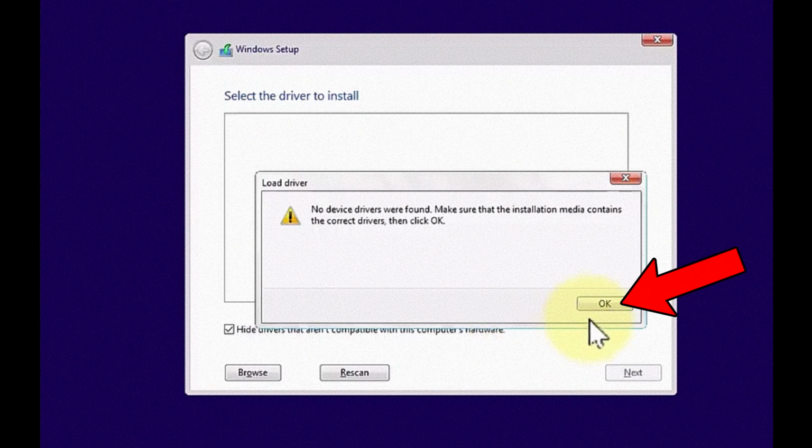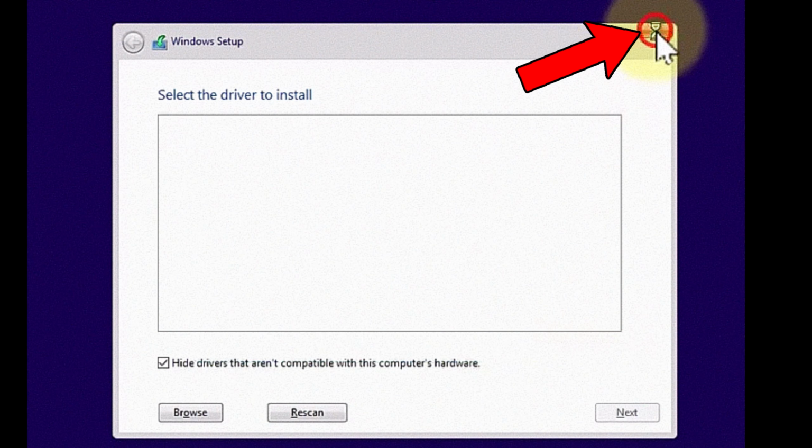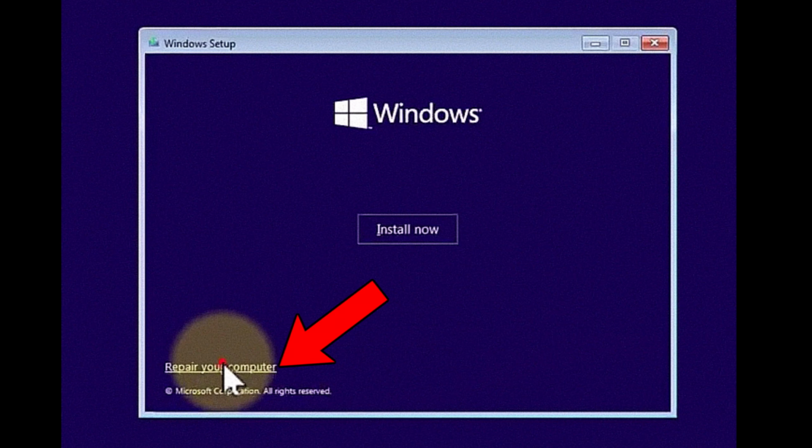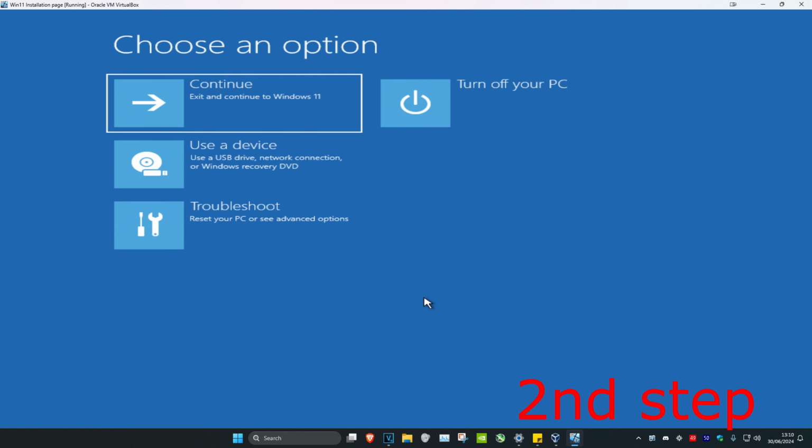So guys, once you're on this screen with the error, you want to click on OK. Now once you click on OK, you want to click on close. You want to get out of this. And then it's going to ask you, are you sure that you want to quit? Click on yes. And then you want to click on repair your computer, which will then take us into this